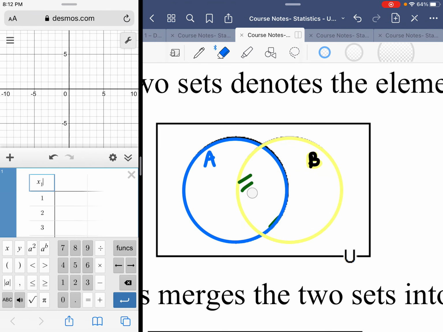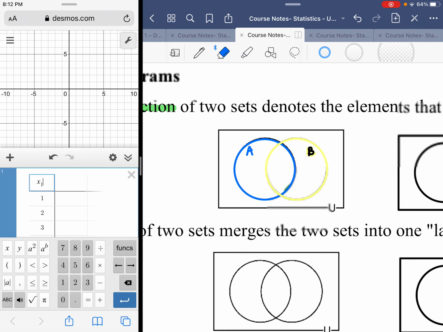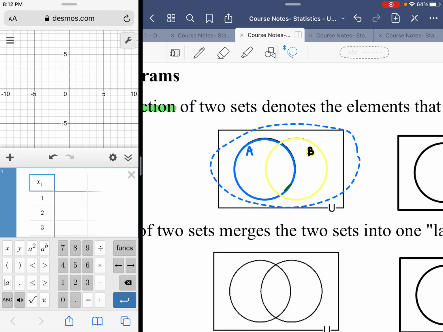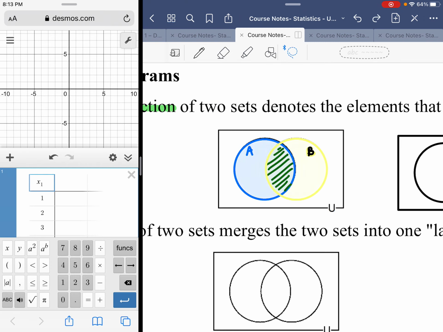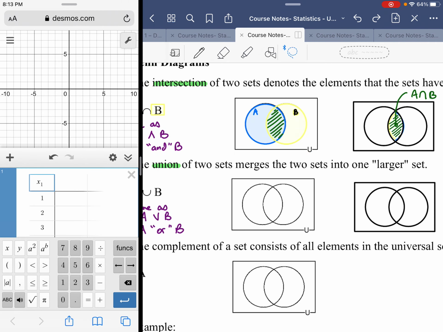All right, so I can get rid of all this. Copy. And then bring it all back. And then paste. All right, because I have my set A and B here,